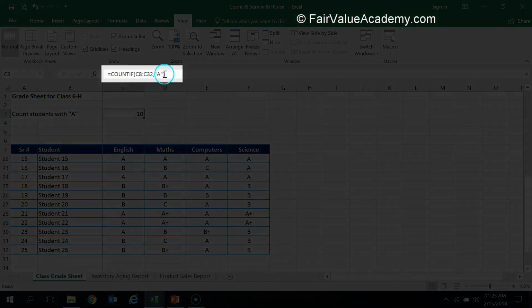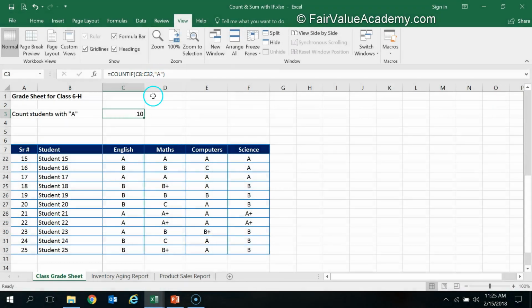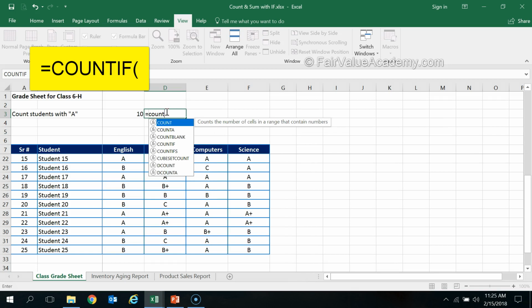If you examine this formula, A is written inside the quotation mark. While writing A in the formula window, you did not type the quotation marks. However, Excel has taken it because we are comparing text. And whenever you are comparing text or dealing with text inside a formula, you have to always enclose it inside quotation mark. So if I have to write this formula manually, I will type equal to COUNTIF open bracket or